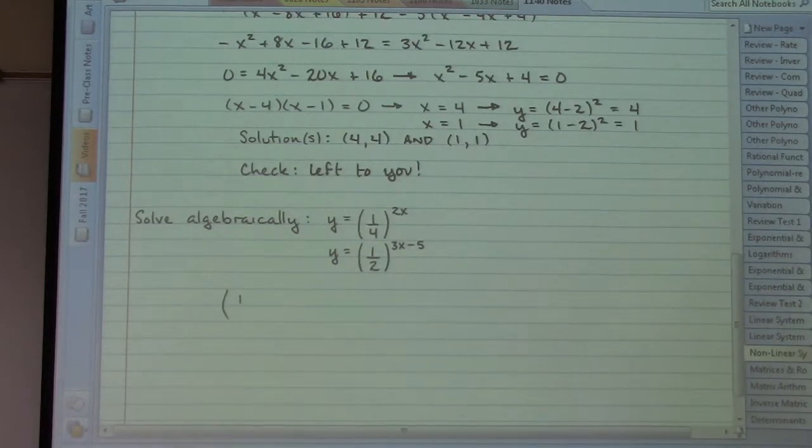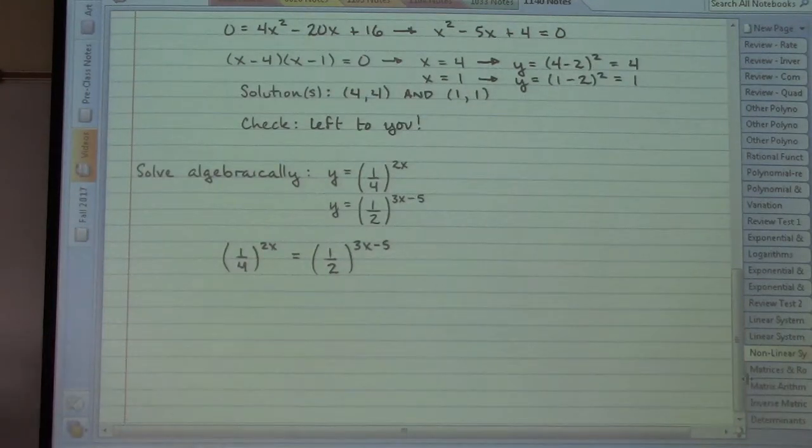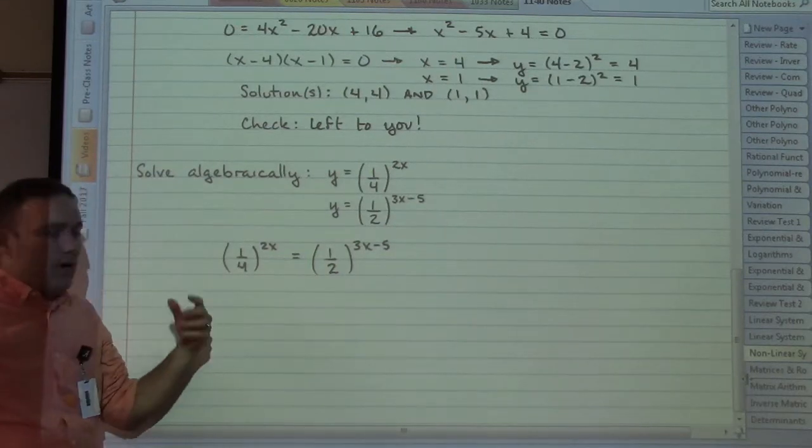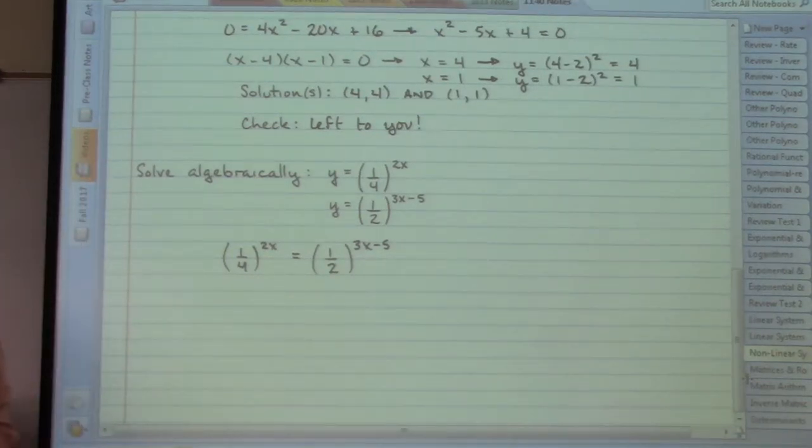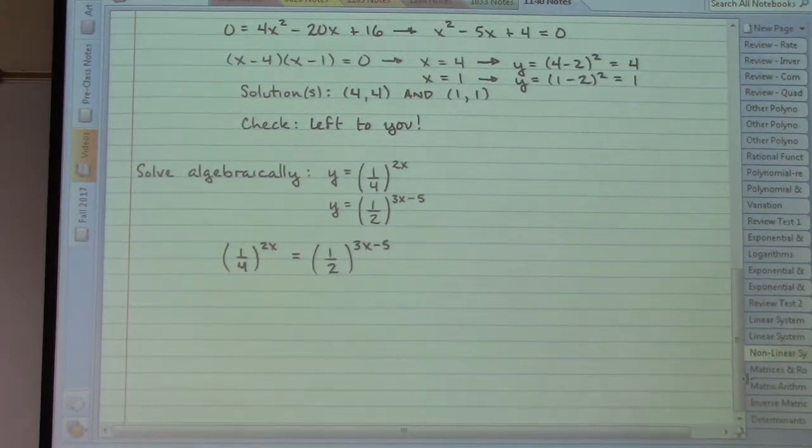that would basically be take each one and set them equal to each other. This is where we would have to now use some of our equation solving skills for exponents. I would like to be able to write both of these with the same base, so I can transform a 4 into a 2 squared, and that means that I could transform a 1 over 4 into a 1/2 squared,